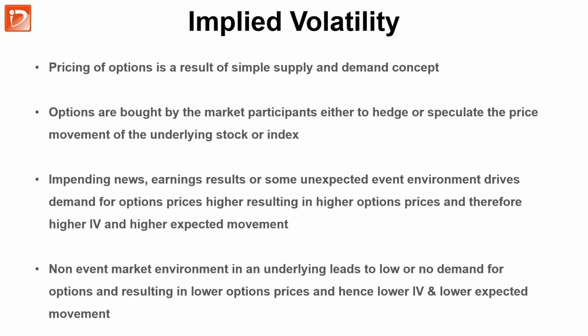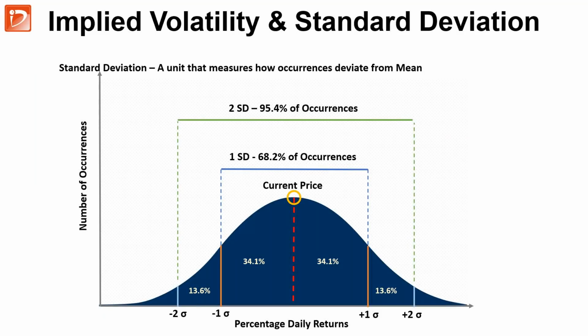One thing to remember is that a higher IV implies a large move. The market participants are expecting a larger move in the underlying stock or index. Lower IV means the market is indicating that there will not be a huge move in the stock. So how do we know how much the implied volatility is implying a strong move or not? To understand that, we have to understand the relationship between implied volatility and standard deviation.